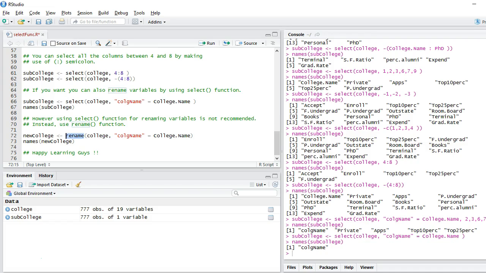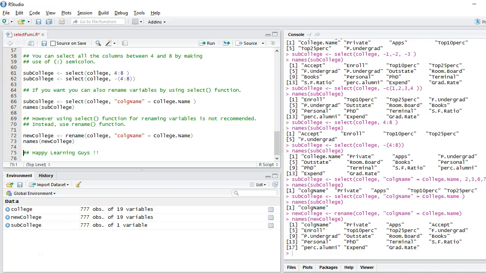So what you have to do is say rename, give the college name, and then mention the one variable which you want to change the name of, or the other variables, and I'm creating a new dataset, new college name, here. So I'm saying rename. From this dataset, I want to rename this variable, and I'm giving it a new name as call names. So if I run this and I show you the names, you can see that this variable has been renamed. You can also do view